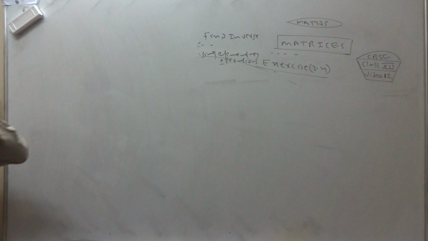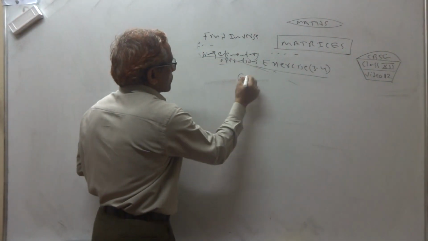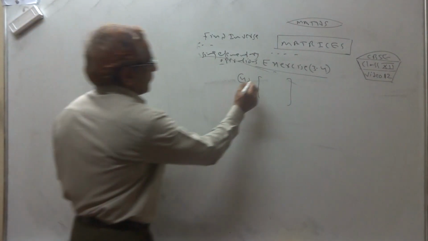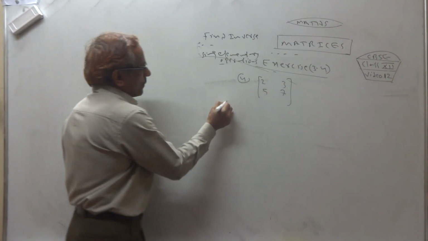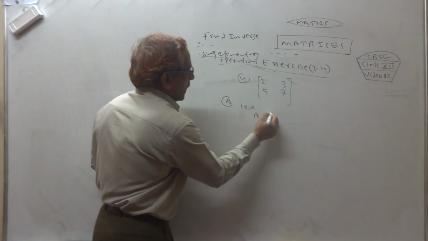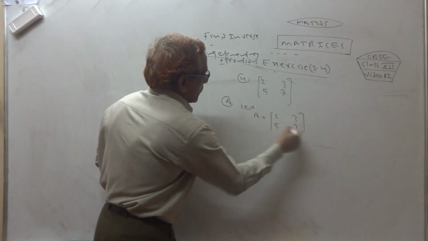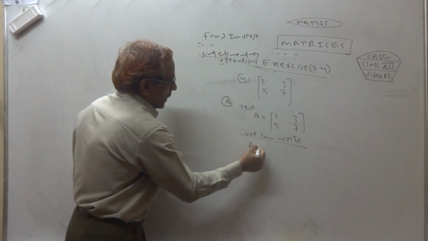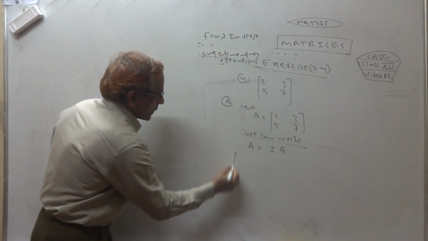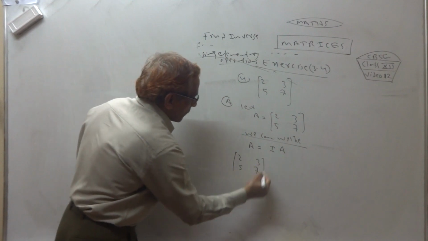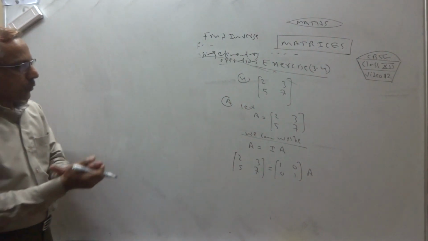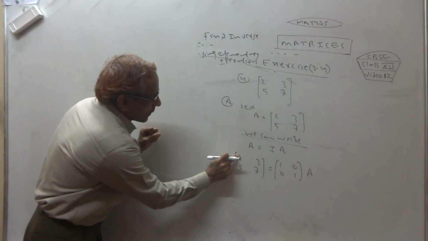Yes. I am taking one more case. Third, fourth I am doing. Fourth question. 2 3 5 7. Okay, so first we suppose by A. Yes, then we can write A is equal to IA. What is A? 2 3 5 7 1 0 0 1. Yes. Now you should decide that first you have to get 1 here.